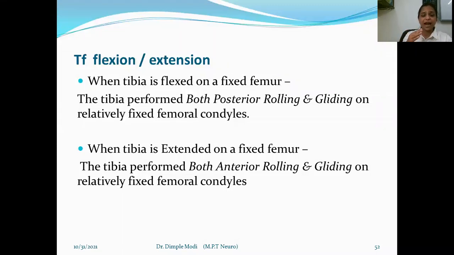As the tibia laterally rotates, understood? I'm not talking about the femur, I'm talking about the tibia. When the tibia laterally rotates, the medial tibial condyle moves only slightly anteriorly on the fixed femoral condyle, while the lateral tibial condyle moves a large distance posteriorly on the fixed lateral femoral condyle. And when there is tibial medial rotation, the medial tibial condyle moves slightly posteriorly, whereas the lateral condyle moves anteriorly through the large arc of motion.